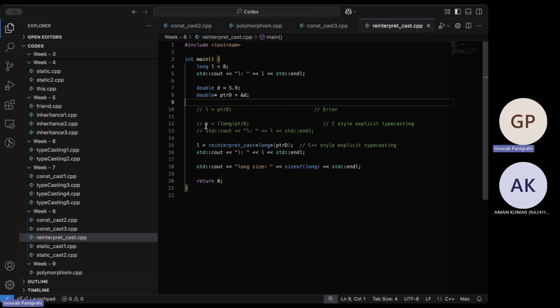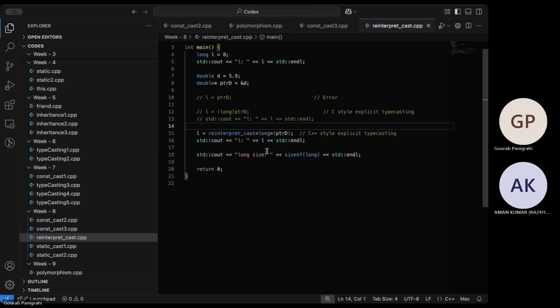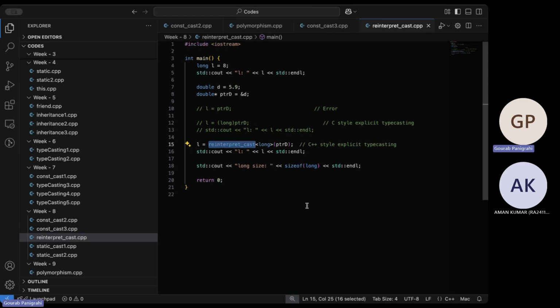It's the same amount of data, but the way you treat it differs. In C++, you have to do a reinterpret cast, where you reinterpret the double pointer as a long. You can also use this to cast pointers of double type to float and vice versa, depending on your use case. That's the idea behind reinterpret cast.